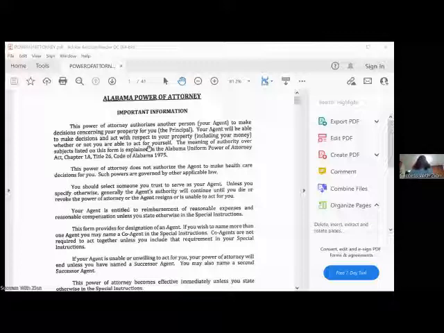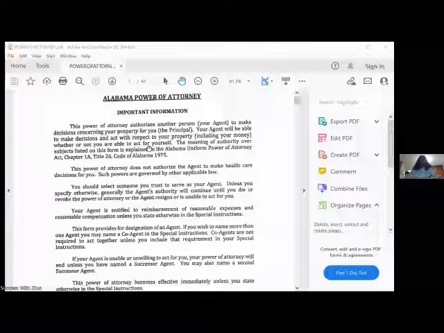I changed everything, hand wrote it, and had to white out, of course, all of the personal information. So I created fake phone numbers, fake addresses, fake names, right? So the designation of the agent, who gets the power of attorney: Jack Doe is the principal. So it's saying I, Jack Doe, the person's name, name the following person as my agent. So he gave his son the power of authority. The name of that agent would be his son, John Doe. So Jack Doe gave John Doe the power of authority.